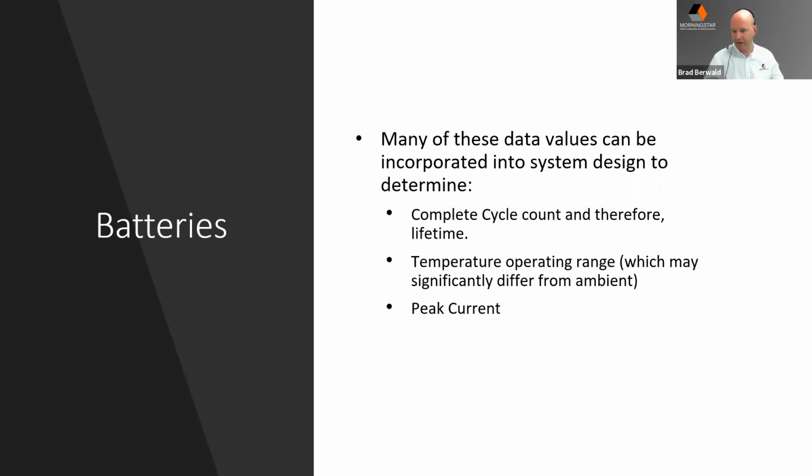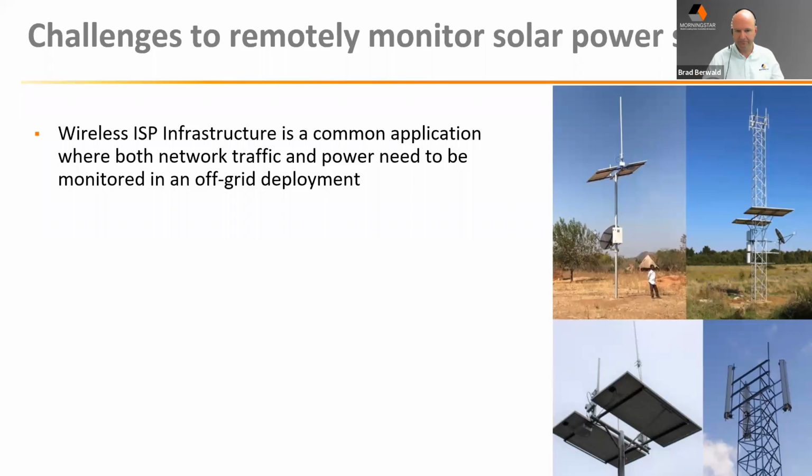What is the temperature operating range that the battery actually worked at? High heat degrades batteries, low temperatures inhibit charging, all that matters. And then also the peak current. You'll see a very dramatic difference in lithium batteries that are designed for energy storage and grid arbitrage, and a very different set of specs for batteries that are designed for off-grid use or high surge, and of course for the vehicle market. They can provide much higher levels of current and have to be designed as such because they handle very large instantaneous loads. So taking that into account in system design is important as well.